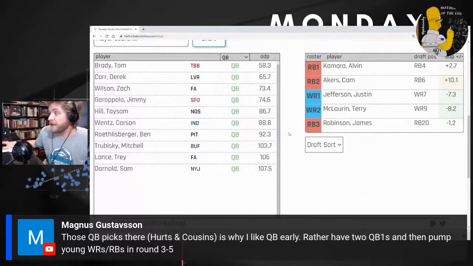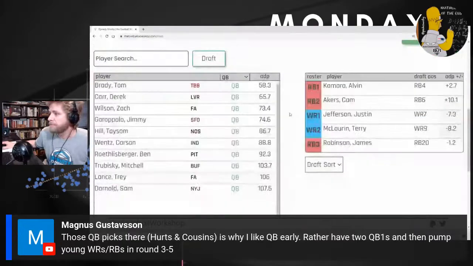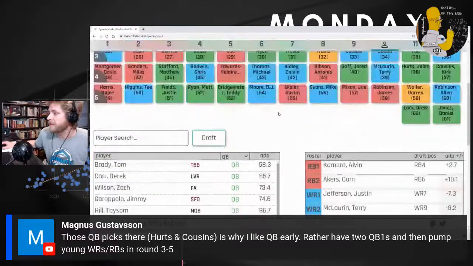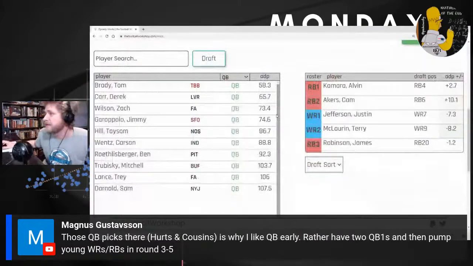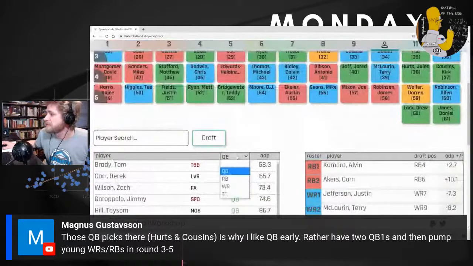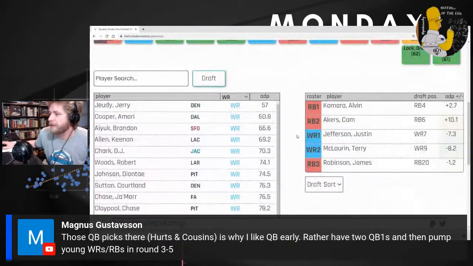Carson Wentz has upside in Indianapolis, to be honest. Derek Carr is just a solid pick, so I'll be fine rolling him out against all but Patrick Mahomes above him, to be honest with you. Like a quarterback options right here. It's almost like someone faded them. Sam Darnold, I don't mind, but we don't have to. Well, according to this app, we have to stress about it right now. Ben Roethlisberger is going to be later. So is Tom Brady. Yeah, I'm rolling dice again. I'm just not taking them in the 6th round. I don't care how hard the market pushes me, apparently.